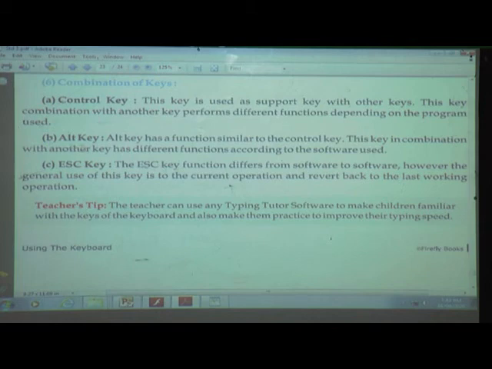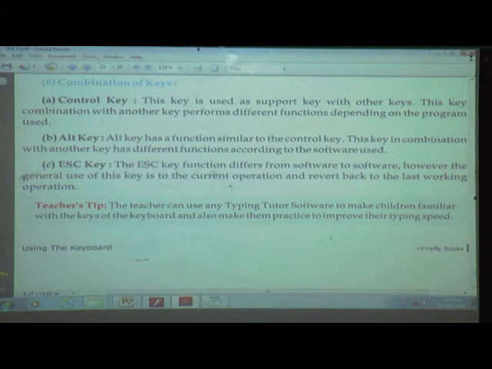Next one is the alt key. Alt key has a function similar to the control key. This key in combination with another key has a different function according to the software used. It is also called a combination key. Next is the escape key.